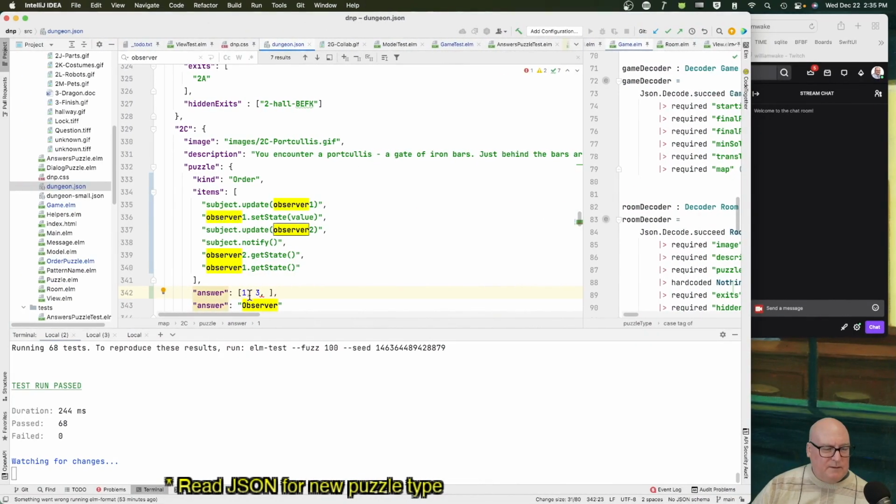Observer 1.set state is 1. Okay, 3. Subject notify. Observer 1 dot